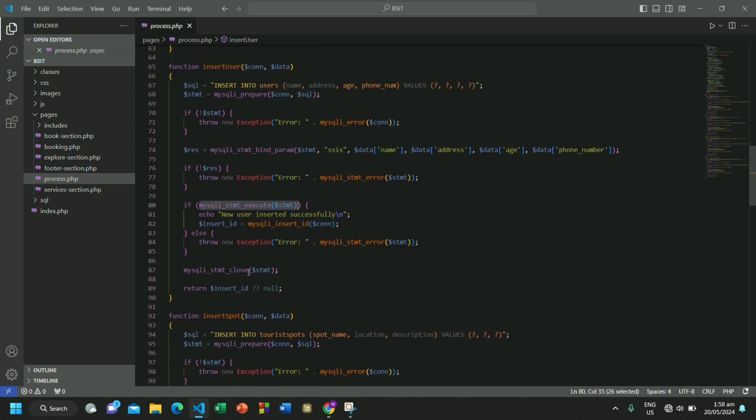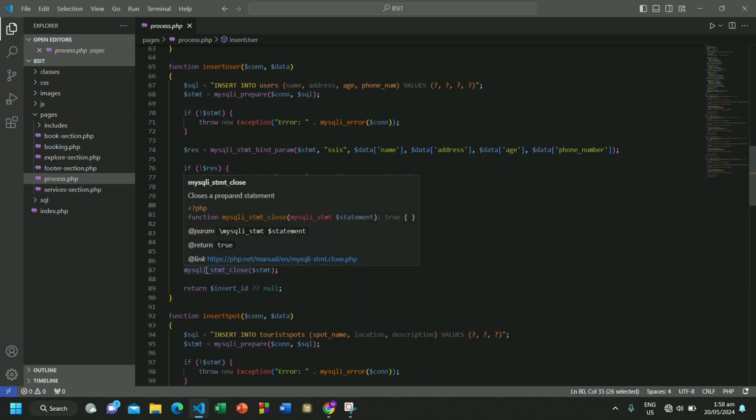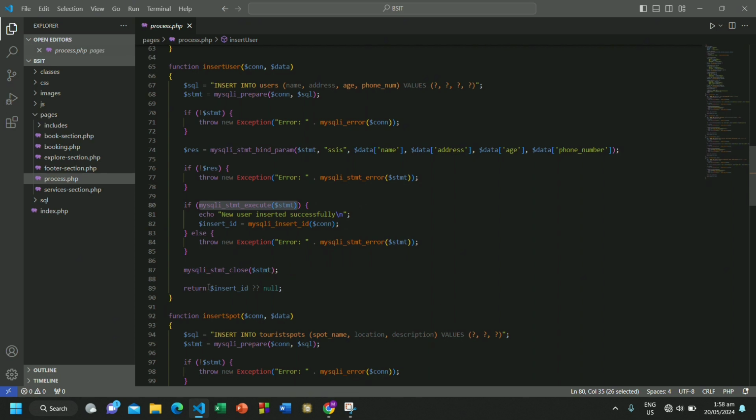Then we close the connection using this MySQLi statement close. Then return insert ID double question mark to null. If insert ID is not null, then return insert ID. If insert ID is null, return null.